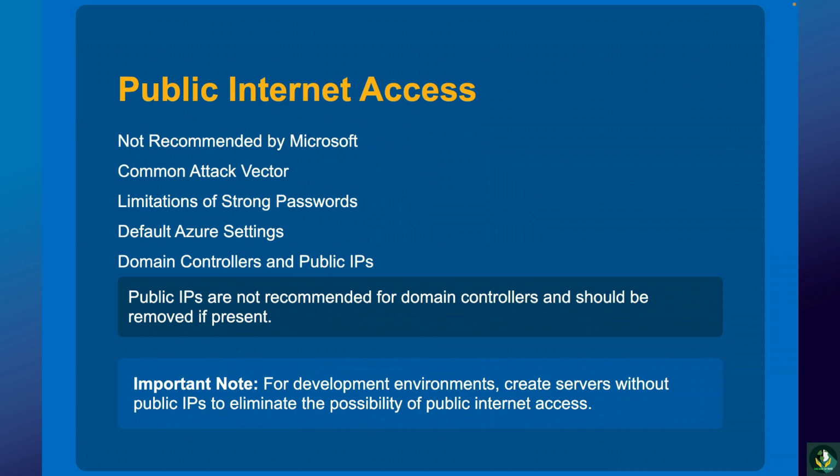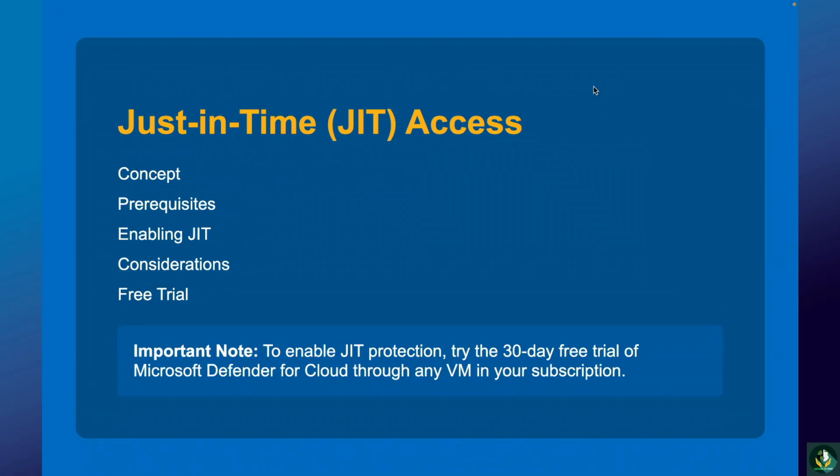This approach eliminates the possibility of public internet access, significantly reducing the attack surface and enhancing overall security. Now, there are some more options for how you can connect to your virtual machine. One of such options is just-in-time access. Just-in-time access prevents unauthorized access and presents an excellent alternative to providing continuous RDP access from private and